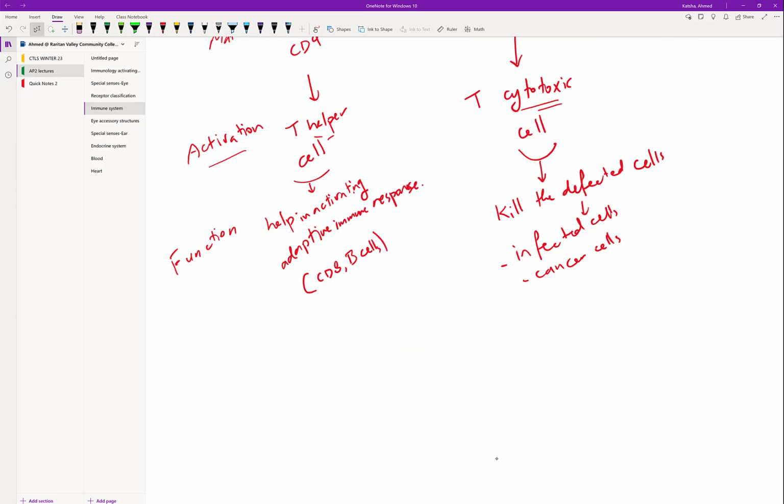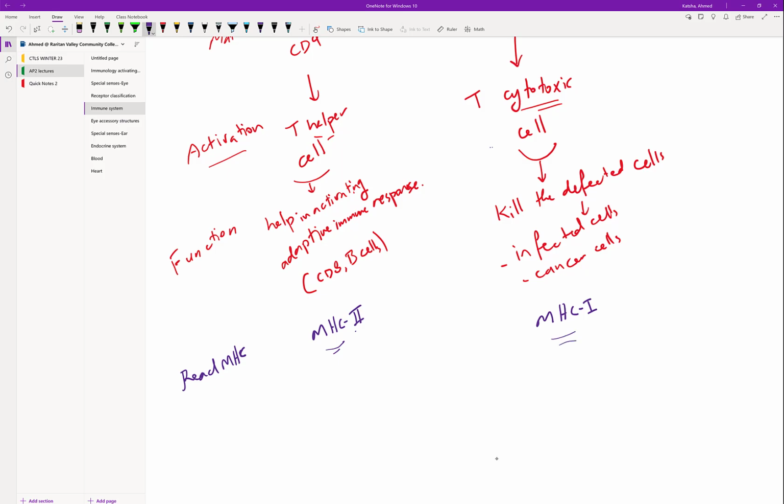But then there is a third difference. That is in terms of the way they get activated, or to be specific, if they can read MHC complexes. The T helper cell can read MHC2, whereas the cytotoxic cell can read MHC1. What does this mean? It means that the CD4, and we will see it, when it comes in contact with antigen presenting cell, it will bind to its MHC2. But the cytotoxic cell, or the CD8, when it comes in contact with antigen presenting cell, it will bind to